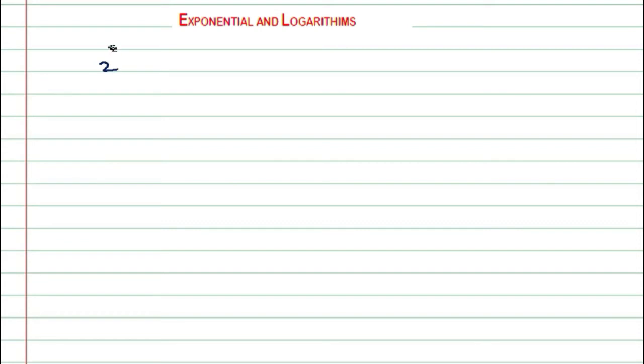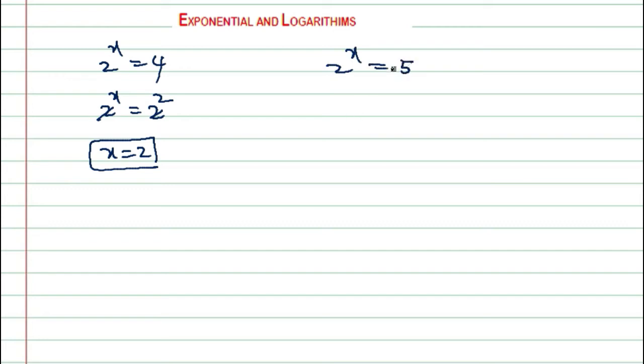So now we will go with the difference between the exponential and logarithm. For example, if I take 2 power x is equal to 4, what is the value of x? We can write 4 as 2 square. Now bases are equal, so powers are also equal, then the value of x is equal to 2. But in the case of 2 power x is equal to 5, what is the x value? Previously we converted 4 as 2 square with the same base, but we can't convert 5 to 2 power something.